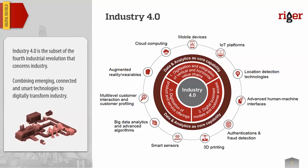So let's begin. You know about the industrial revolution, which is happening right now, and digitalization of manufacturing and different industries, combining smart technologies to digitalize and transform the industry. We see a lot of different technologies available right now for business to implement into day-to-day operations: cloud computing, mobile devices, Internet of Things, location detection and GPS tracking, advanced human-machine interactions, and other